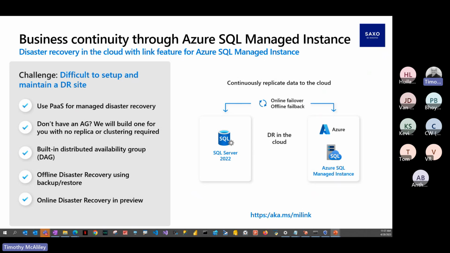But you can now use PaaS for managed disaster recovery, and it builds an always on availability group and a built-in distributed availability group, right? It's hopping outside of the availability group to hit that node in a distributed availability group. And then you can use that for offline disaster recovery using backup and restore. If you failed over to your managed instance, and then whatever had led to you having to do the failover is resolved or the problem has gone away, you can use the backup from